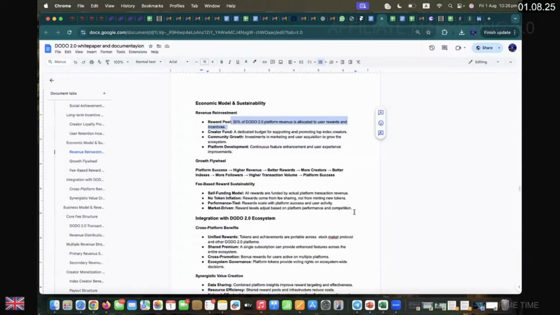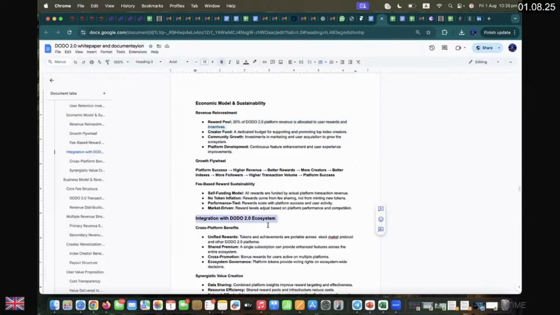Reward levels adjust based on platform performance and competition. These complexities will change with time and market condition. In bear market, you will have different level of competitions. In bull market, you will have different level of competitions. In bear market, the curve will be different, the profits will be different, the charts will be different, the PSDS will be different. So it will be depending on the market condition. The whole model will be market driven and sentiment driven.